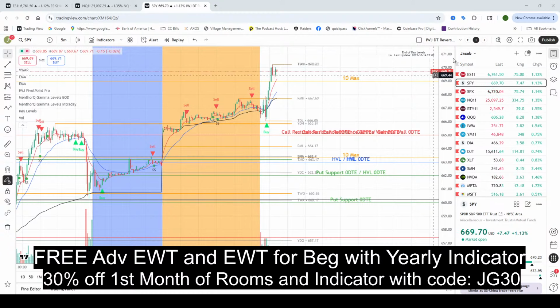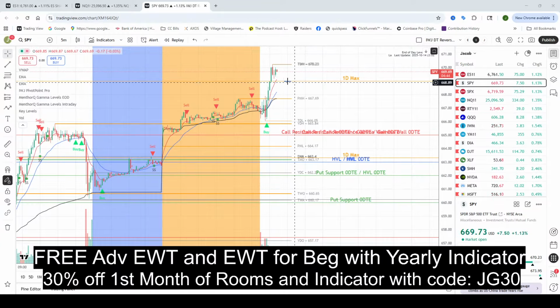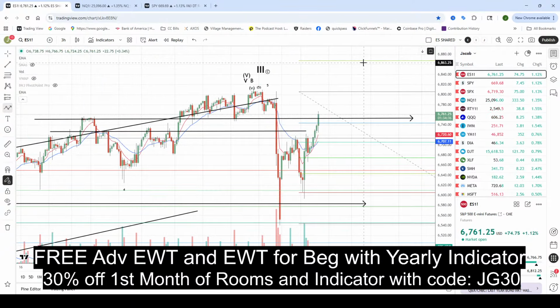Starting to see some consolidation here. Again, this is major resistance. They have pushed through the start of that resistance, but all of this is going to be a little bit of resistance in this zone. So if we go look at the ES chart,